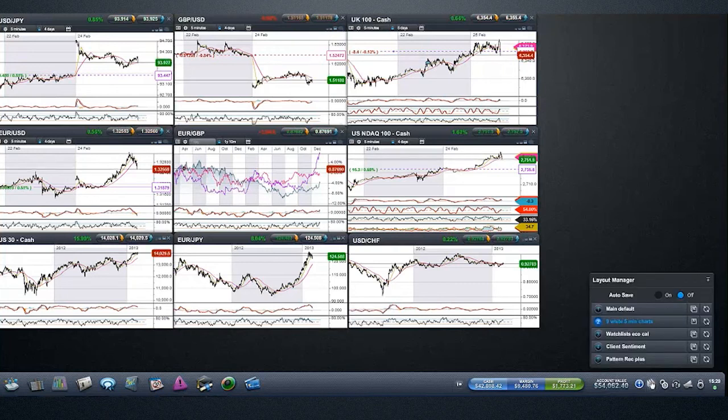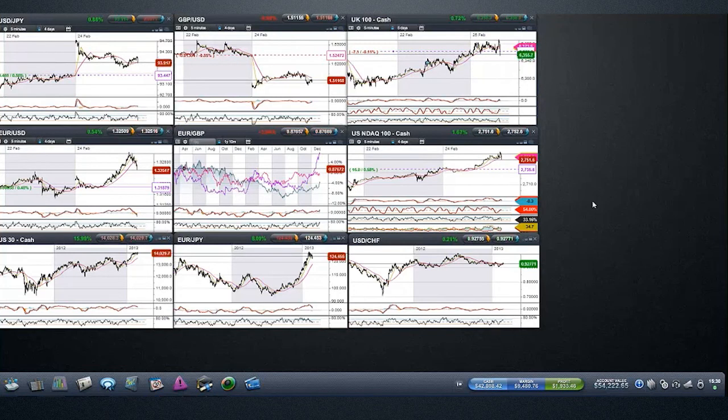And a recommendation from my aspect would be to, and I'm a big fan of all the trading tools, I've got a different screen set up with client sentiment. I've got a different screen set up with the economic calendar and some other watch lists, one for the pattern recognition scanner, and one that allows me to cycle through my charts. But the big benefit is you guys have got complete control at home, and if you want to learn more,